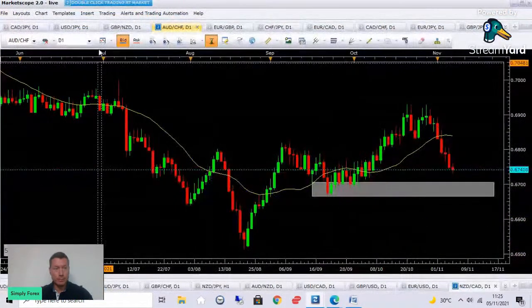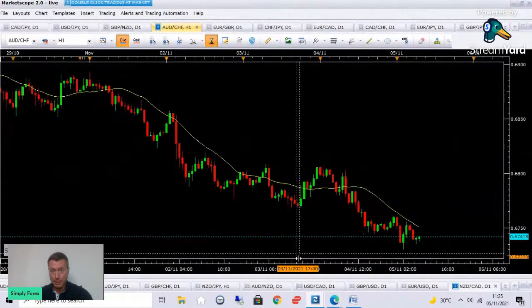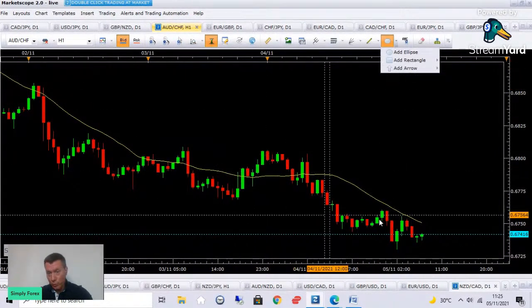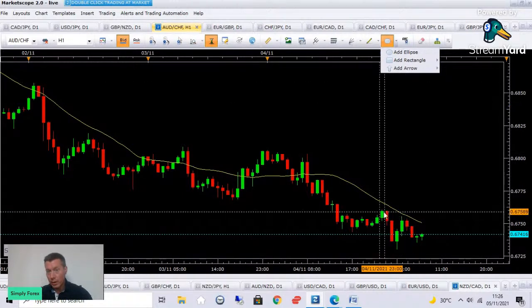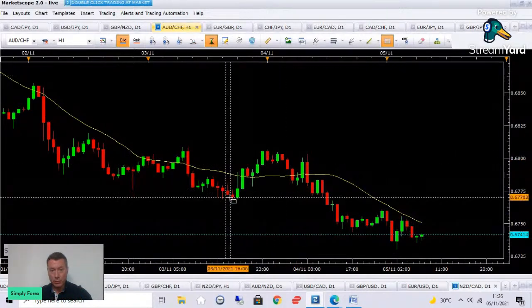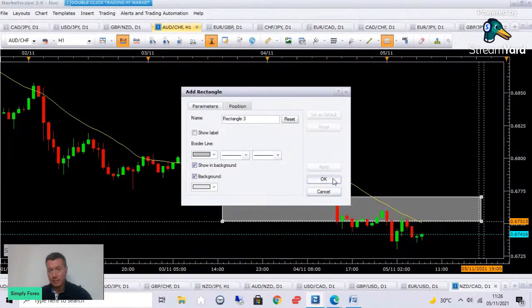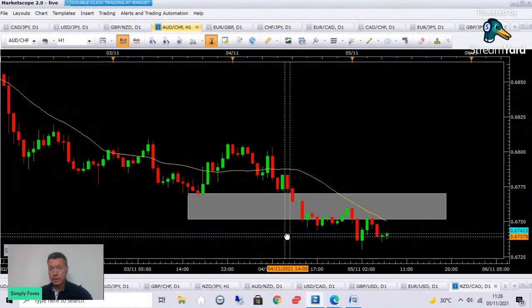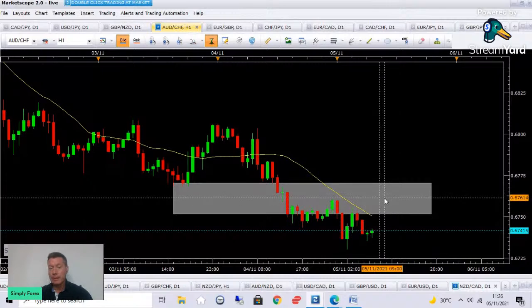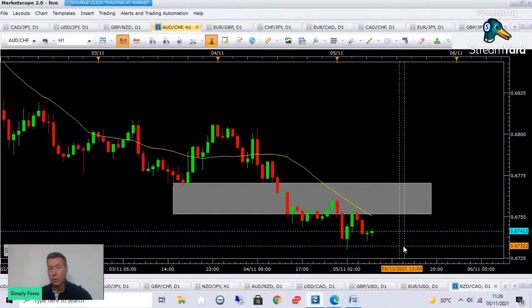Let's look on the H1 for potential areas to short this market. Again, I want to take in this last low and these highs, so my area of resistance will incorporate both of them. We've got the low here and the highs here. We need price to come back up into this gray zone, get a bearish candlestick pattern, and we will take this back down to the low.